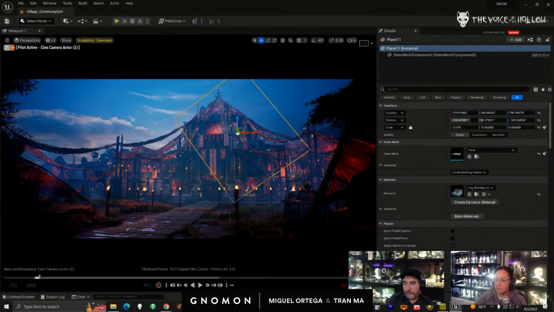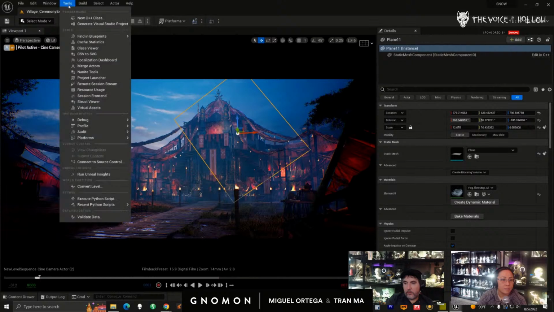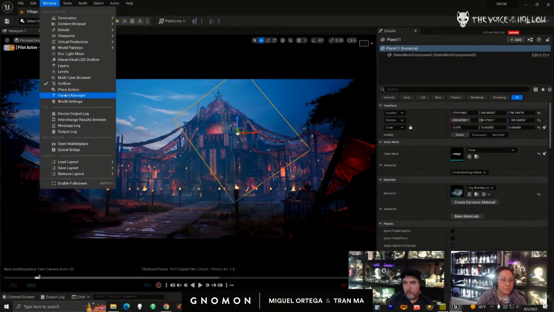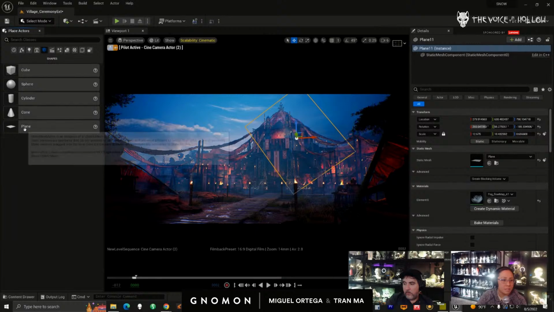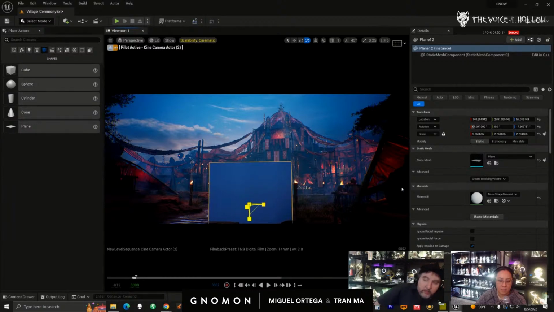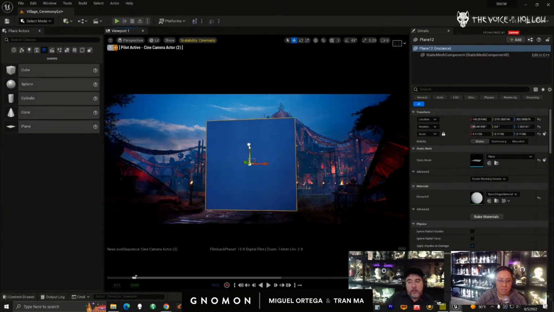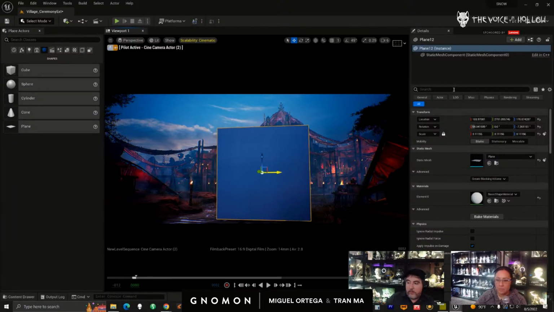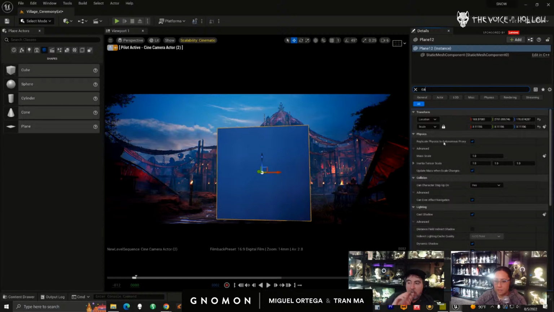So now if I create a card here, let's place an actor, place a plane. Make sure you have to put it on a plane. Yeah, it's got to be on a plane. I mean, you probably could put it on something dimensional. I don't know. The problem with putting it on something dimensional is that you're limited to the UV, so you might get an ugly seam right on the UV line. Oh yeah, you probably would. You want to turn off cast shadows, because when they cast, it doesn't cast in the shape of the cloud. It casts in the shape of the entire